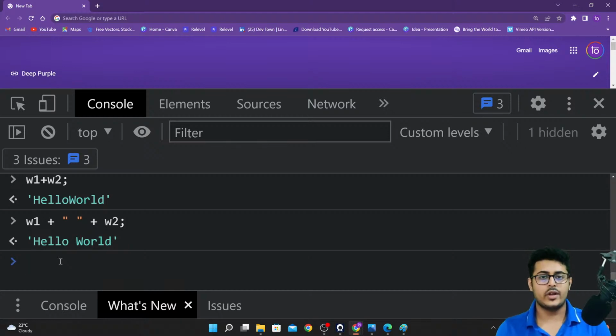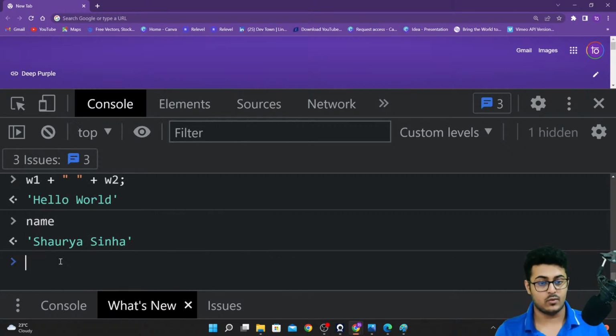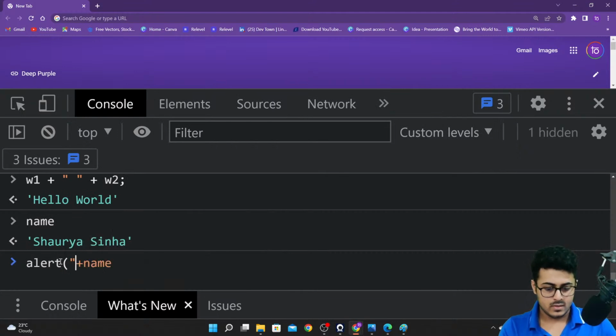Great. So now what we are going to do is use the input that we got from the user. If you remember, we had taken an input from the user, that was name itself right over here. We are now going to utilize this input in an alert. So we can have an alert right over here, and we can have, let's say, hi, space, and then name plus exclamation mark, how are you?